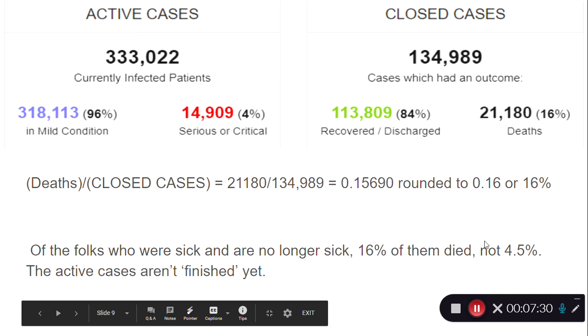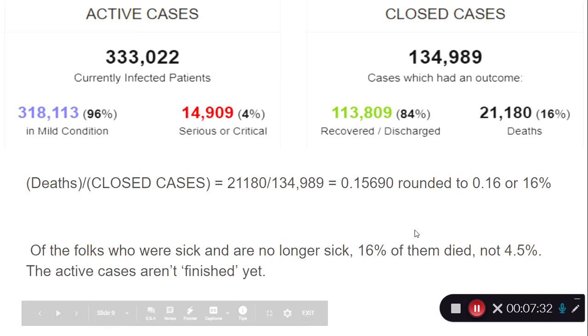So here are two different numbers. Now I want to reiterate, and this has been a theme of Math 101, that simple math can still be complicated. We're just using division here in percent. Which number is a better gauge of the seriousness of this virus? There isn't one. There's a variety of competing ways to estimate this.